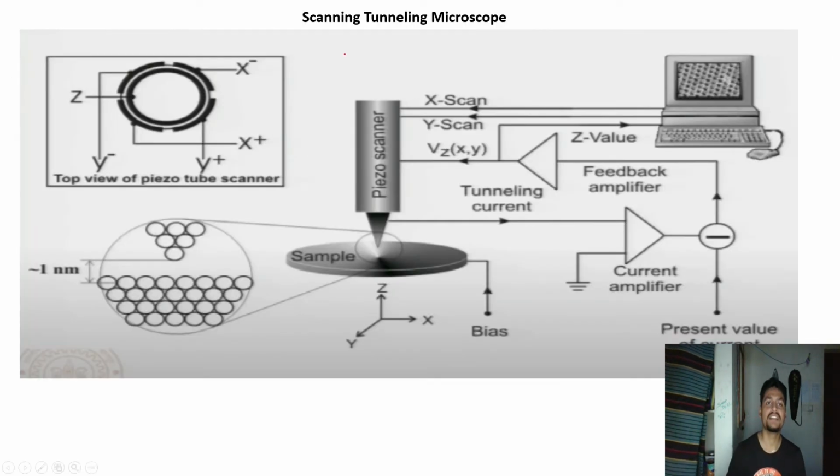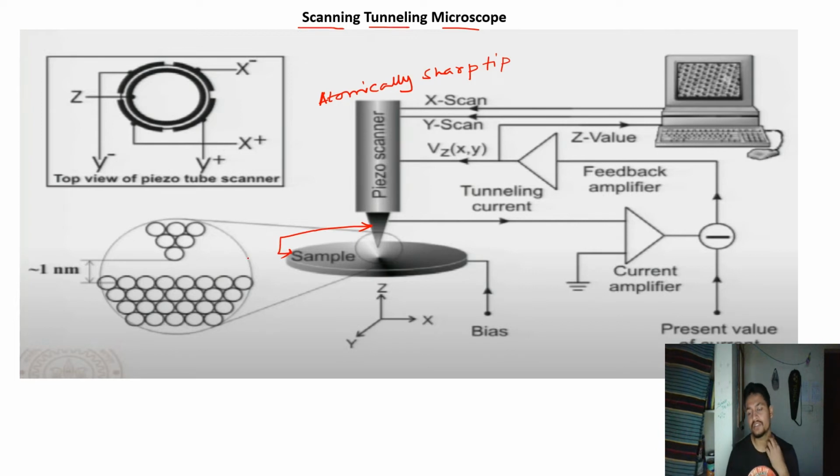So this is a basic diagram of a scanning tunneling microscope. Normally, an atomically sharp tip is required, and voltage between this tip and the sample is actually maintained. That is called the set voltage to maintain the set current. This tip can be scanned in all directions like x, y, and z. Now the z direction